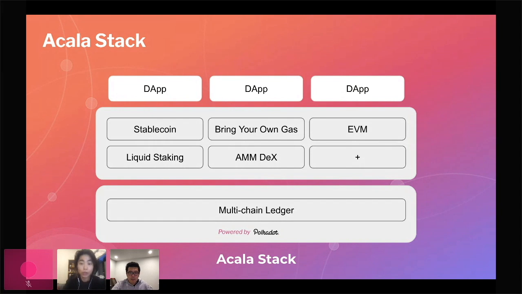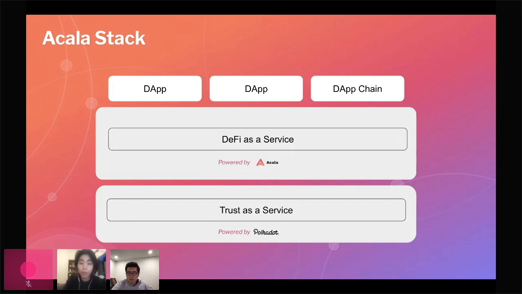And you can also see EVM is a module in our service modules. So we're fully EVM compatible. You can build smart contracts or any type of dApp on top of Acala. So basically, Acala offers DeFi as a service. And then,